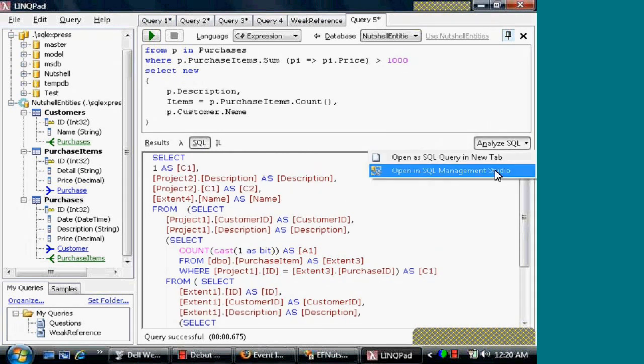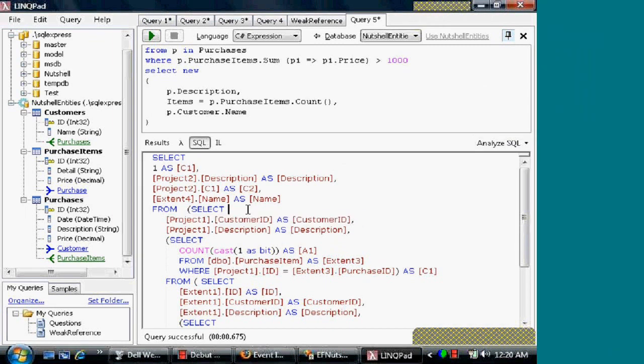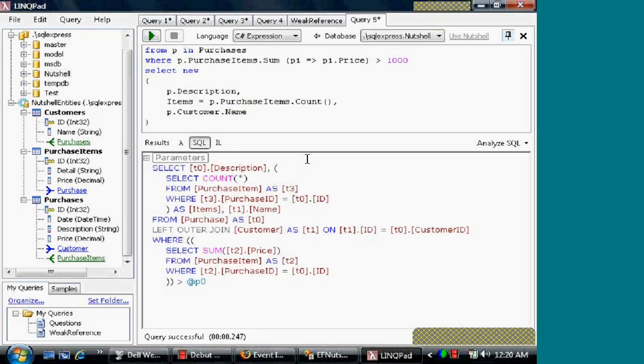This is where the Analyze SQL might come in really handy to look at the execution plan. Here's what we can do. How about we switch over to Link to SQL and look at compare to translation. Now all we have to do in order to do that is drag the nutshell database over onto here, and this will use our automatically generated Link to SQL data context. Run that again, and now that's the translation that Link to SQL does,